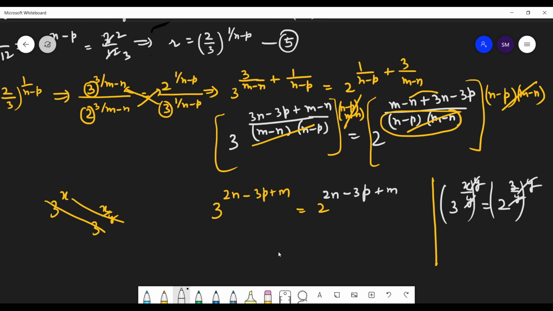Okay students, so we'll proceed. Today's time is over. We'll proceed with this question tomorrow from here. Sir, just go up 3 steps, where you have 3 raised to the power 3n minus n, from this step it is clear that these two powers are equal. Yes, if that is so, then LHS is not equal, that's not possible. 3 is not equal to 2.